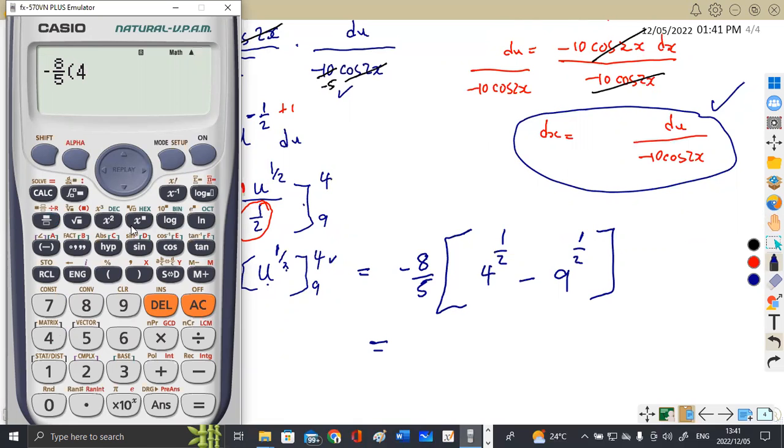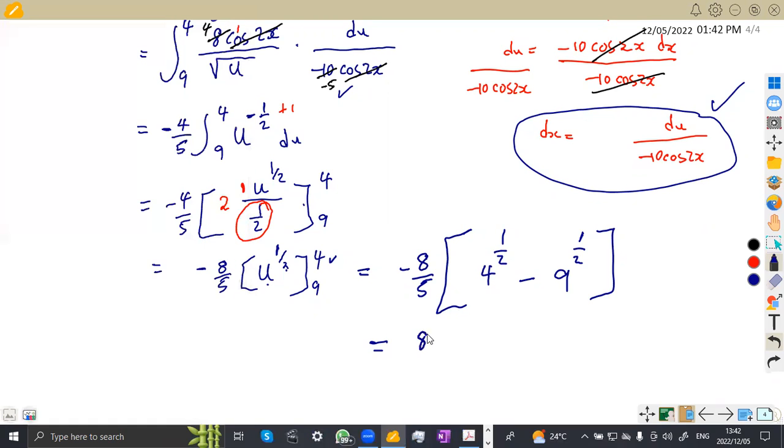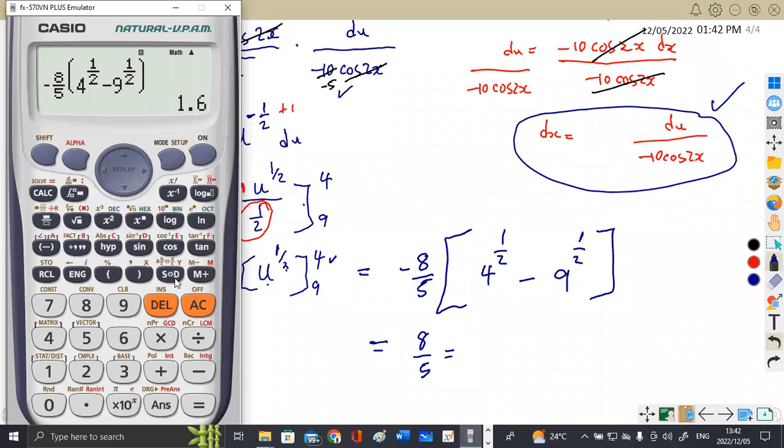So we've got 4 to the exponent of a half, which is 1 over 2, minus 9 to the exponent of a half, which is 1/3. And we can close our bracket here. All right, we are going to obtain 8/5. So anyways, this is 8/5, of which 8/5 can be written as 1.6,